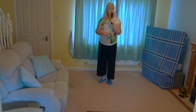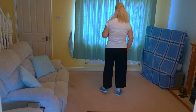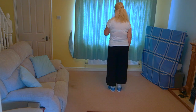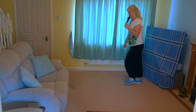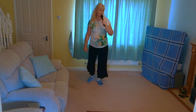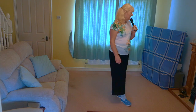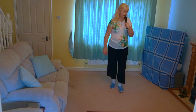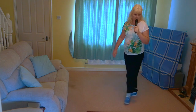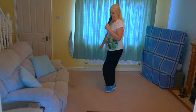Let's give it a go to the music. 5, 6, 7, 8. Touch and heel and cross, side, sailor, turn and walk, walk, mambo turn, run, run, run, run, run, run, cross side back, back side step, forward rock, behind side step, forward rock, chassé turn, forward rock, coaster step, touch and heel and cross, side, sailor, turn and walk, walk, mambo turn, runs, it's your tag wall,